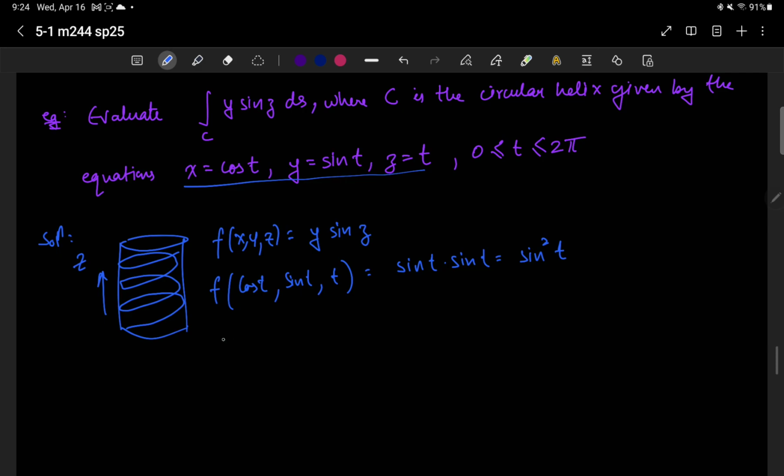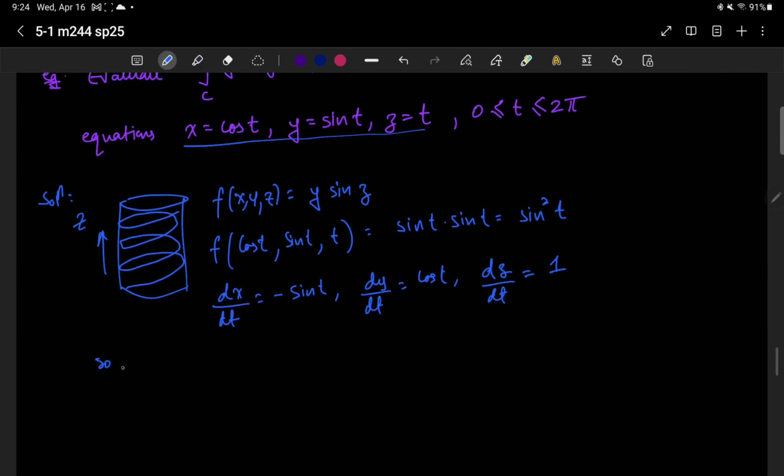What else do we need? We need dx/dt, which is negative sine t. We need dy/dt, which is cosine t, and we need dz/dt, which is 1, so that